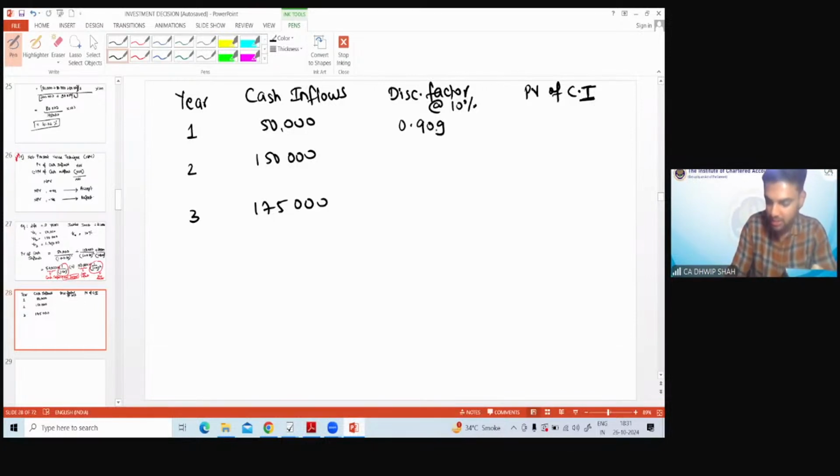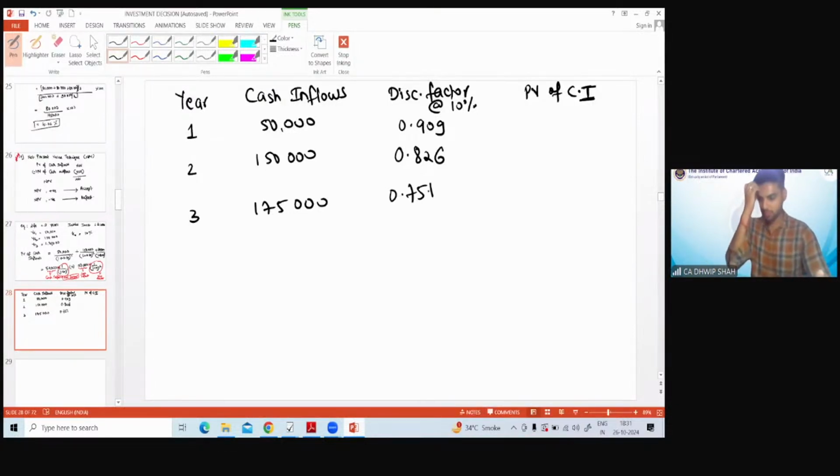So for year 1, discounting factor would be 1 divided by 1.1, equal to 0.909, which is called the discounting factor for year 1. Similarly, 1 divided by 1.1, 2 times, equal to 0.826 is the discounting factor for year 2. 175 is the cash inflow, but the discounting factor is 1 divided by 1.1, 3 times, equal to